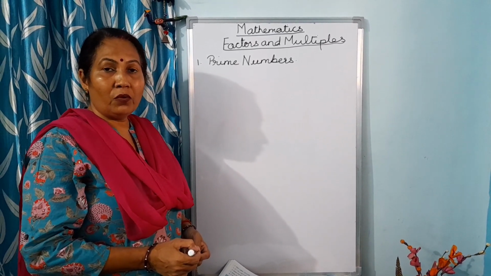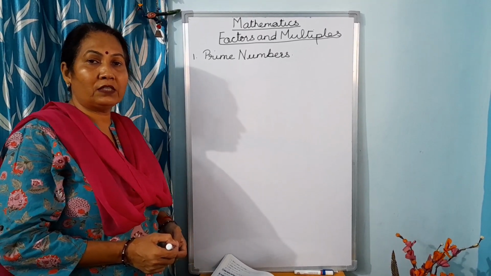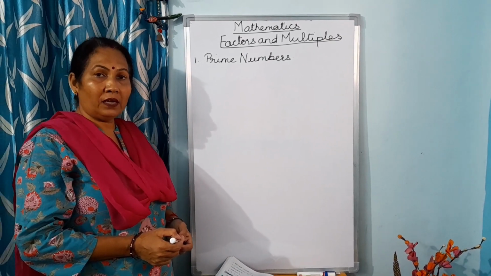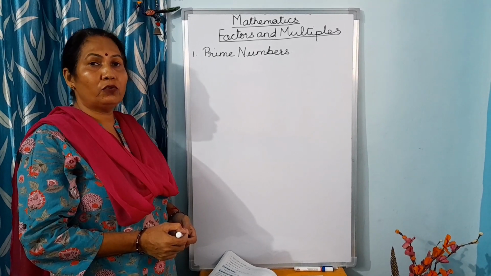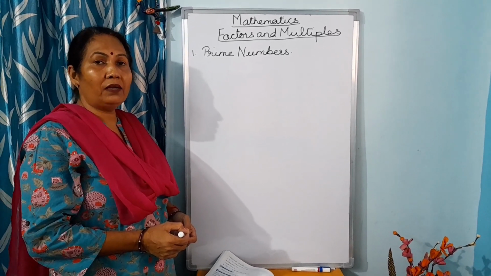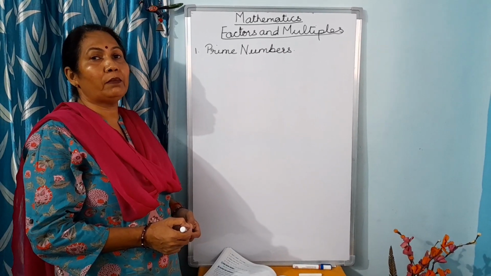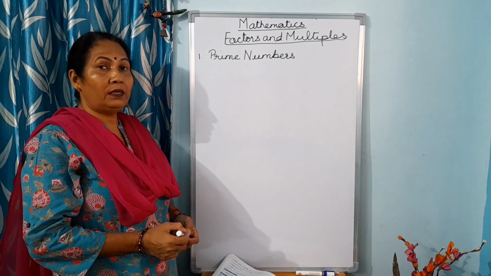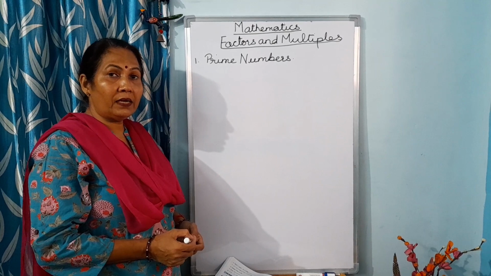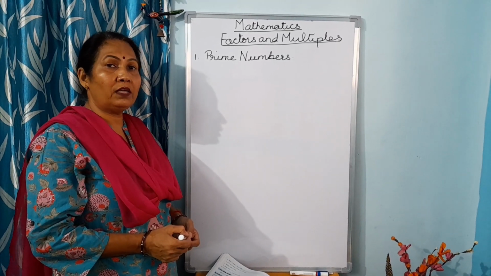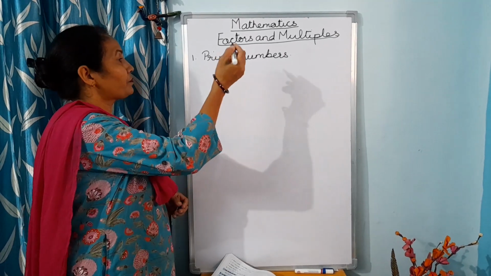Now children, when you say the numbers, you begin from 1, 2, 3, 4, 5, 6, 7, 8, 9, 10 till 100. I am taking here till 100. In this, you don't know which is a prime number and which is a composite number. Now children, how do you find out the prime number? Now, in prime numbers, you don't have a factor. That number is divisible only by 1 and itself. I am going to give you an example.